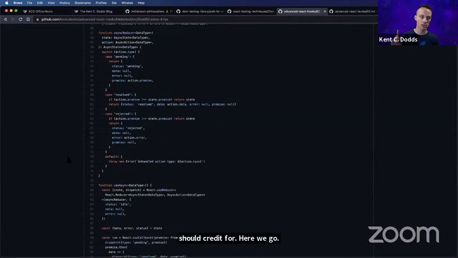Okay, so you might recall, for those of you who've gone through Epic React, in the advanced React hooks, when we're building this useAsync hook, there's this warning that says you did a state update after a component was unmounted. This is indicative of a memory leak. That warning has been removed, or will be removed, in version 18 of React because it was never really correct all the time, and it was also misleading.